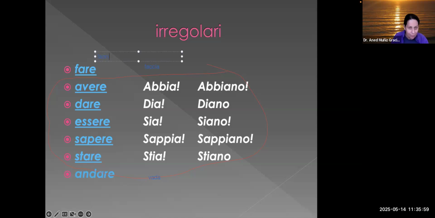Okay, yes. So faccio, right? But if it's an -are verb, you would put e, right? But again, it's not facci, but faccia. So you still put the a, although it's an -are verb. The same thing with andare. It's an -are verb, but you still put the a, and that's what makes it irregular, although the root itself is the predictable io present tense root.